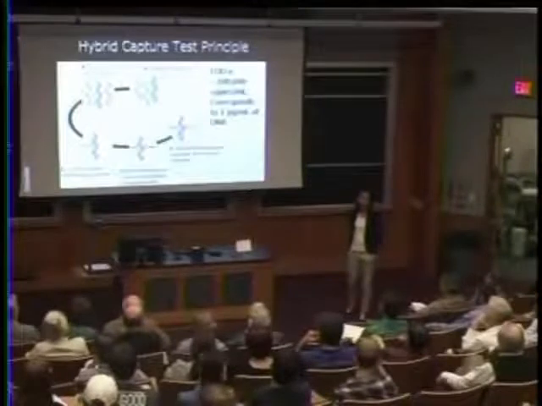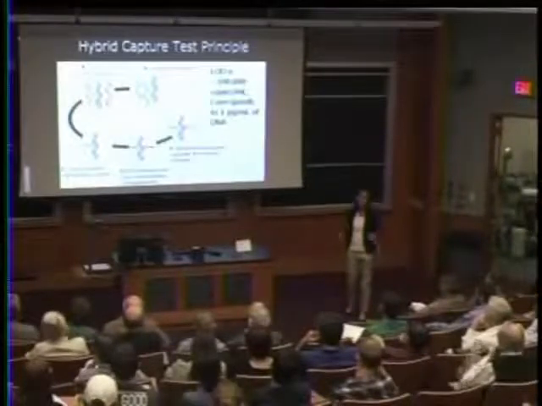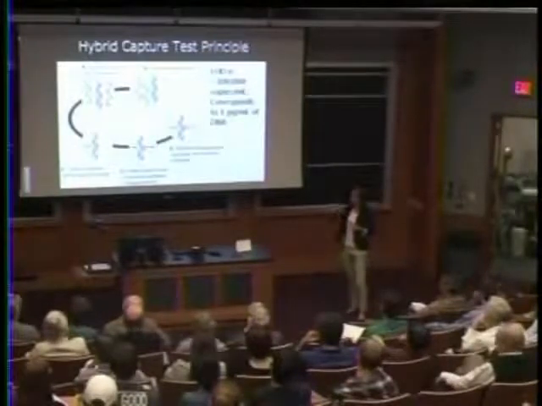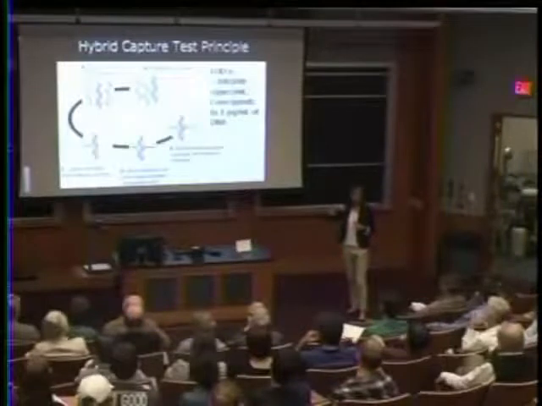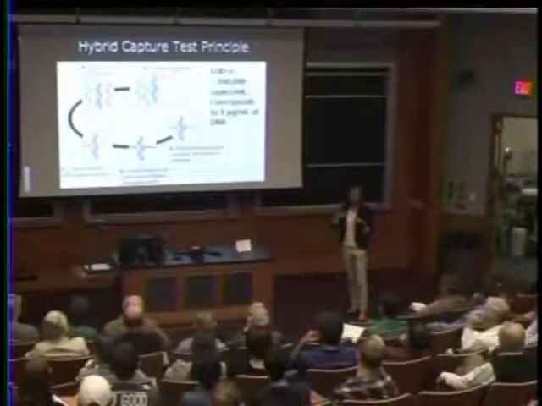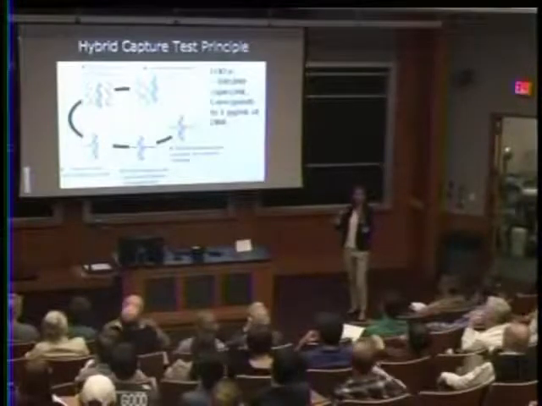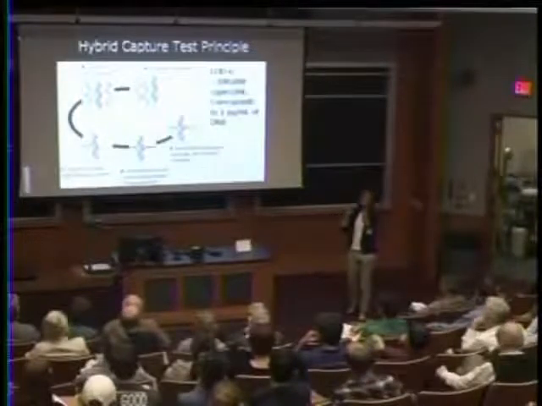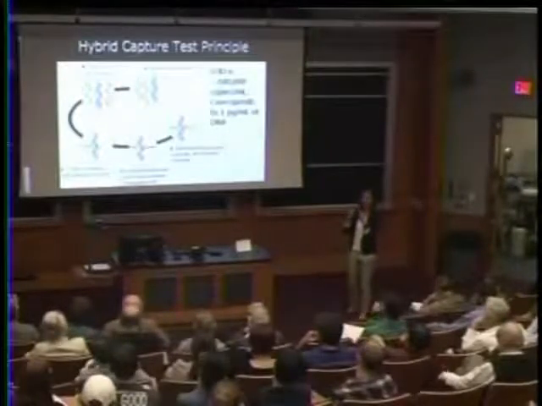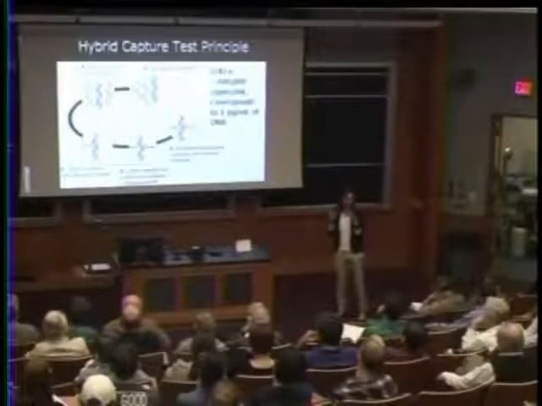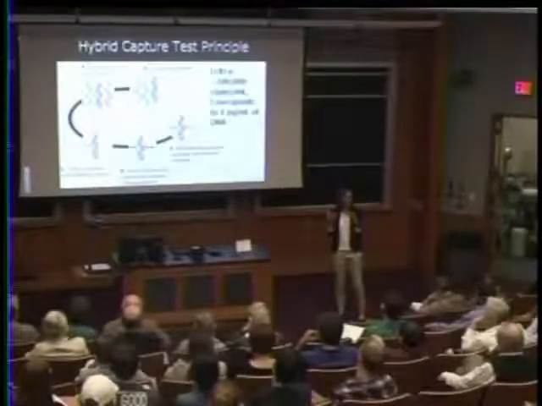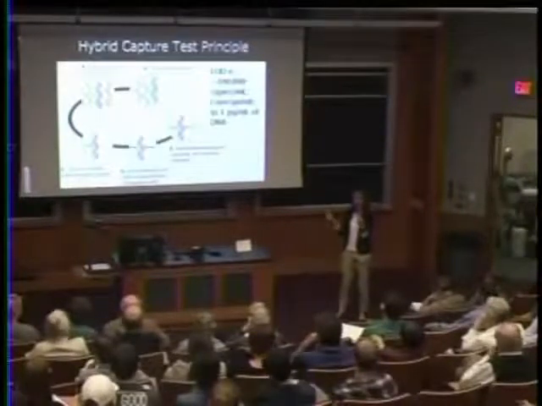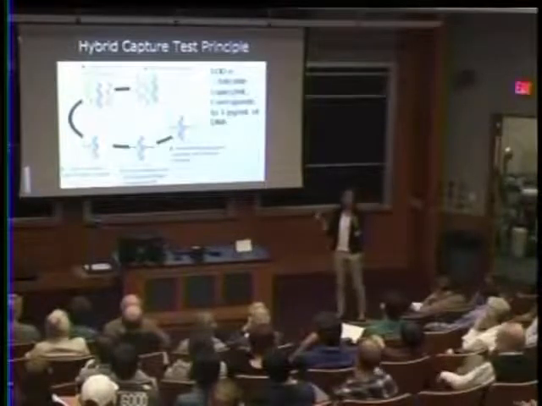The way we detect HPV DNA right now is basically that a cervical swab is collected, and then placed into a lysis buffer to open up the cells. It's heated up to denature any DNA that might be present, and then we take strands of RNA that are complementary to the HPV DNA. If HPV DNA is present, you get an RNA-DNA hybrid. Then you carry out an ELISA assay to detect those RNA-DNA hybrids. We can't do it on a simple lateral flow because there's not enough DNA present for it to be detectable on a simple lateral flow assay.